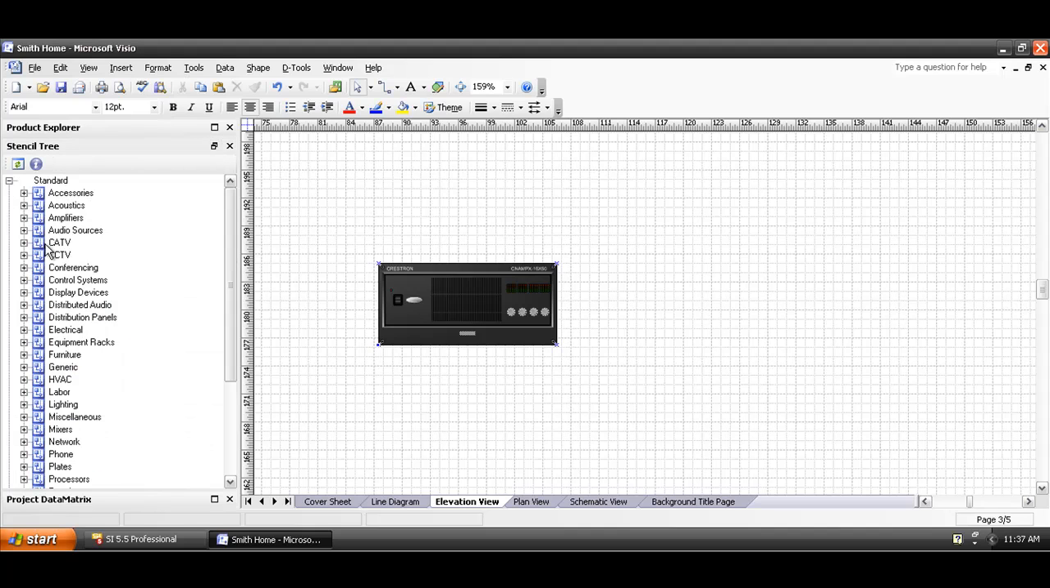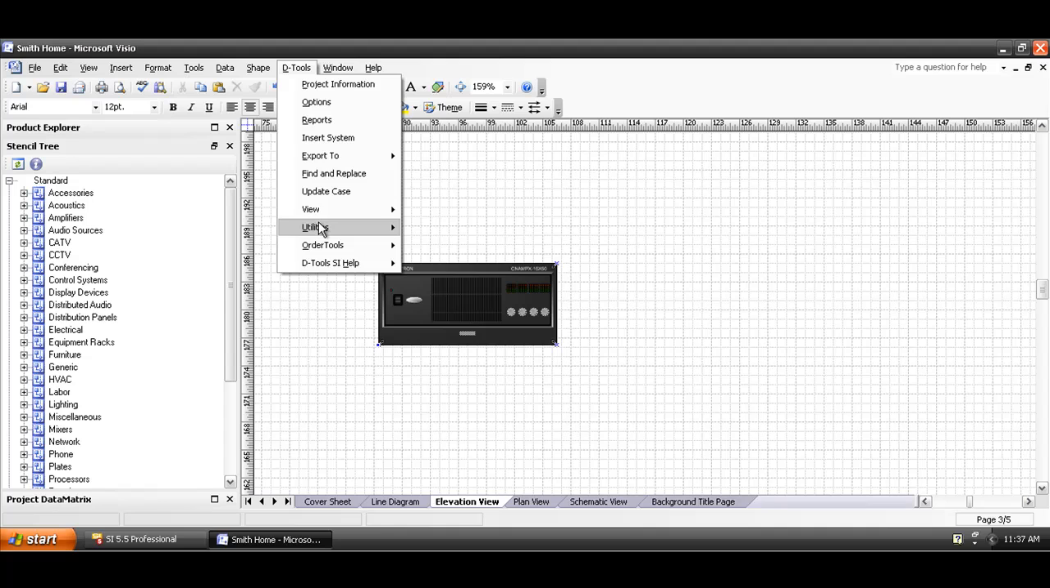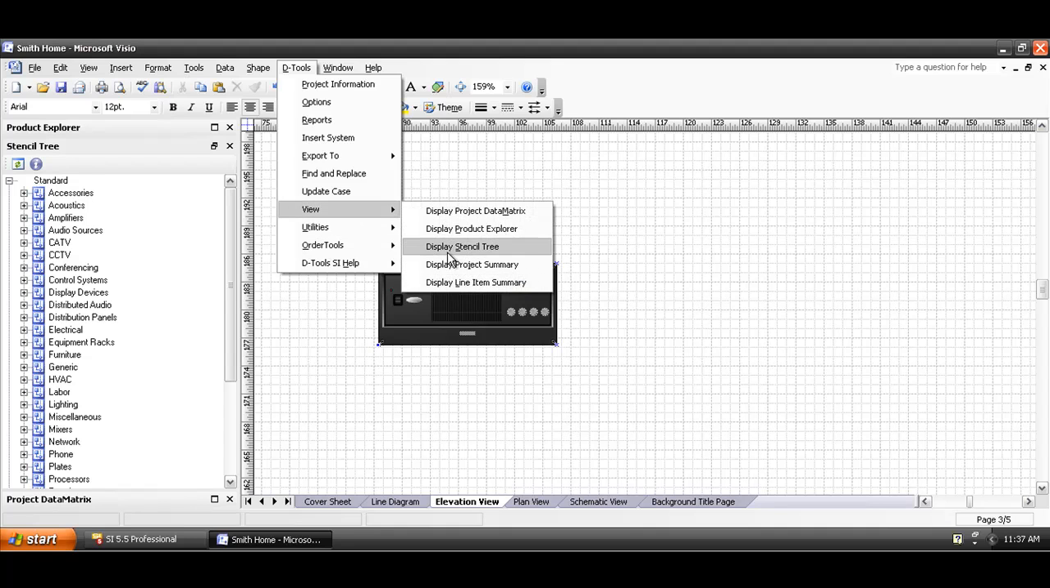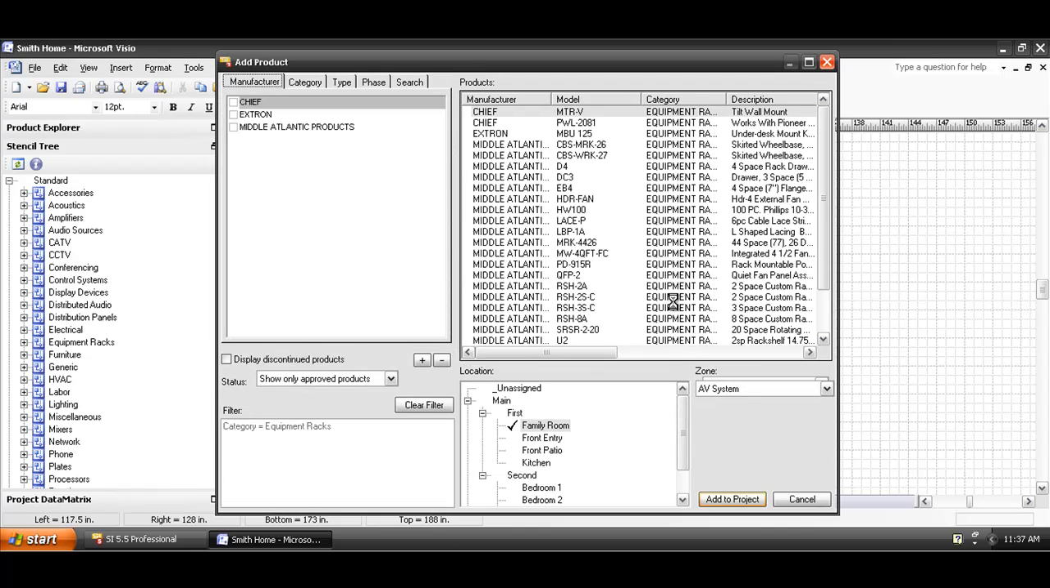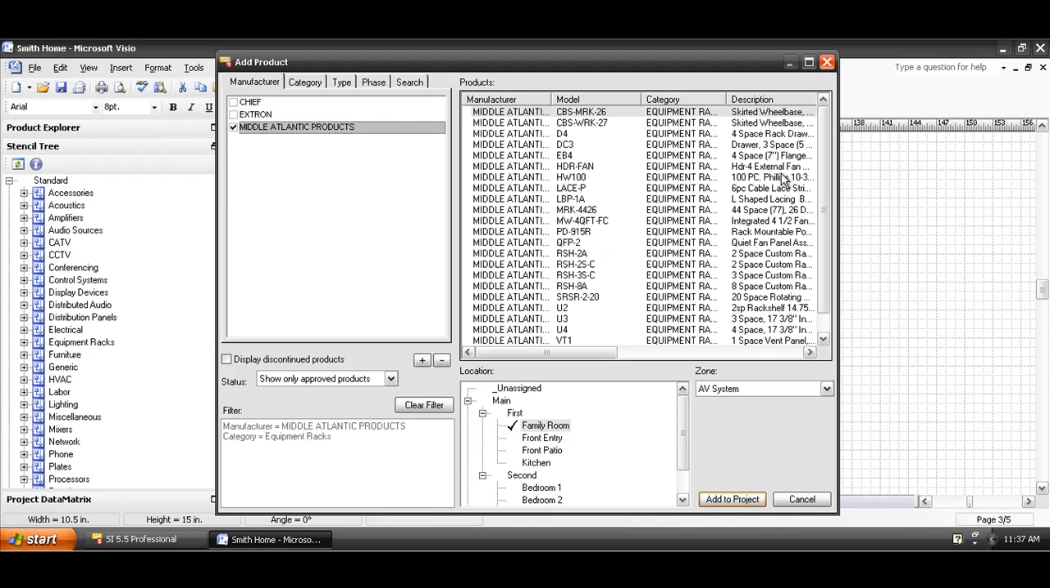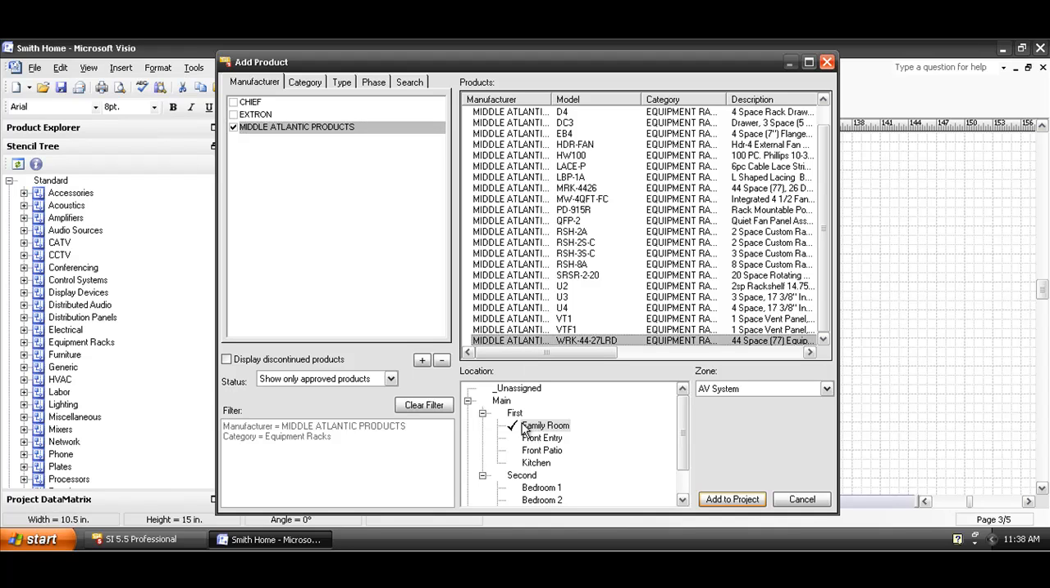Remember, if your stencil tree isn't showing, go to the D-Tools menu, View, Display Stencil Tree. So over here, what I'm going to grab is the equipment rack category, and I'm just going to drag the whole name over to the page. And when I let go, it's going to pull up the Add Product form, filtered down to my equipment racks category. And I'll then filter further, find the product I'm looking for, choose its location, family room AV system, remembers the last product we've added here,